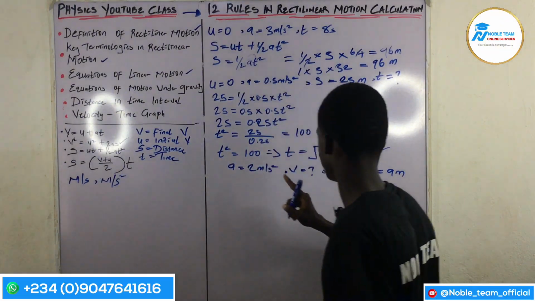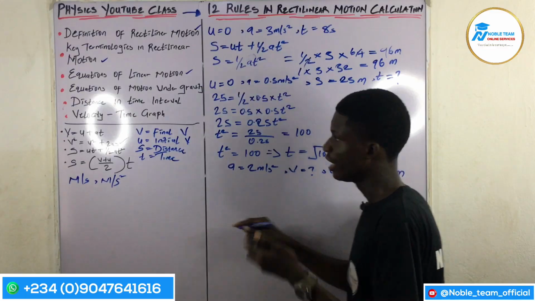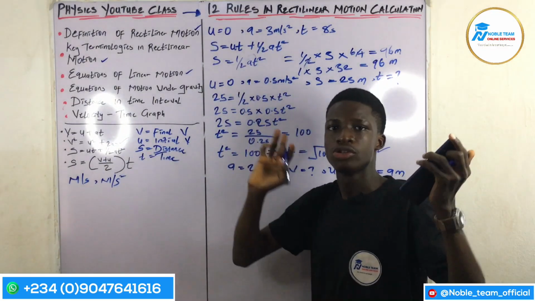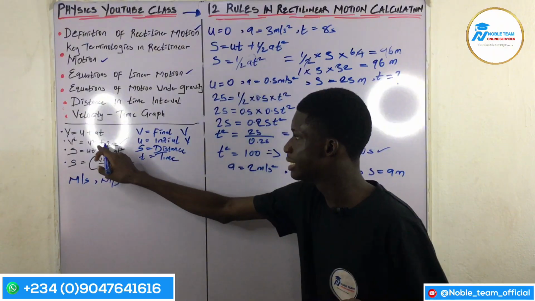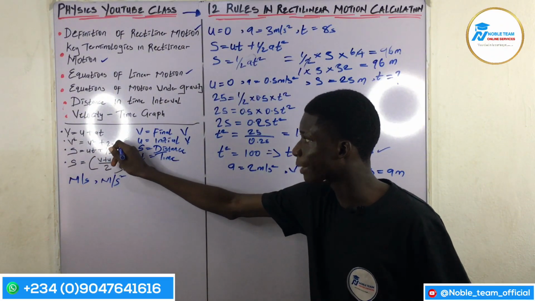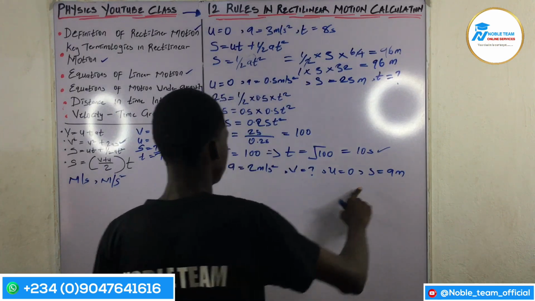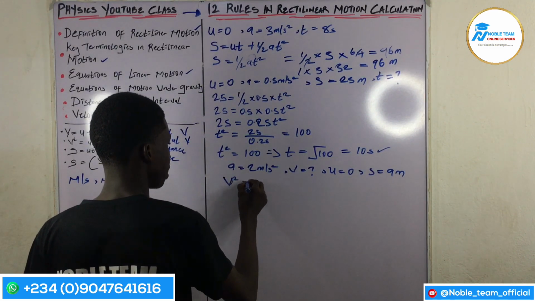You understand? Yes, I'm going to be using this formula because in the question, they didn't include anything like time. So I don't have any business with this. I have only business with this particular one. You understand? Now, v, which is my v squared, I'm looking for it. V squared is now equal to